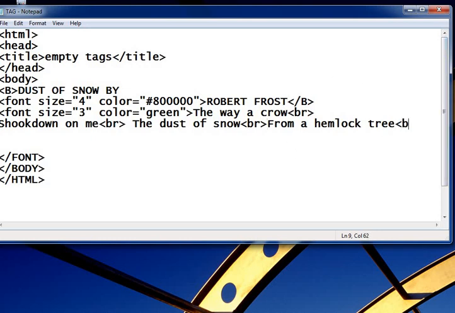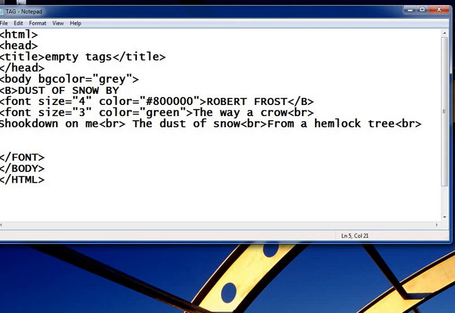So we add br, and then we also add the font size, maroon color, and we can also add one background color, that is bgcolor. Bgcolor is equal to gray.